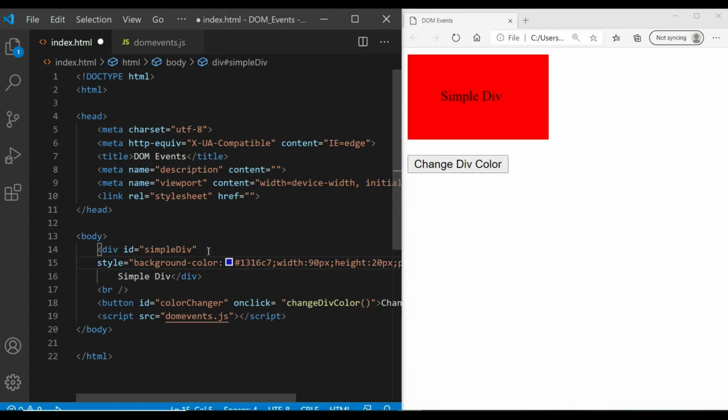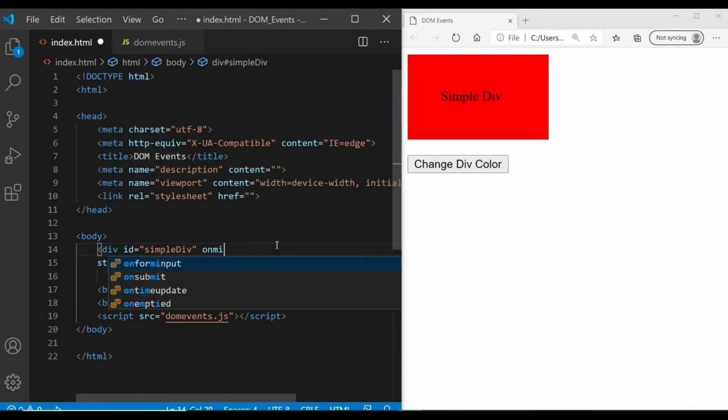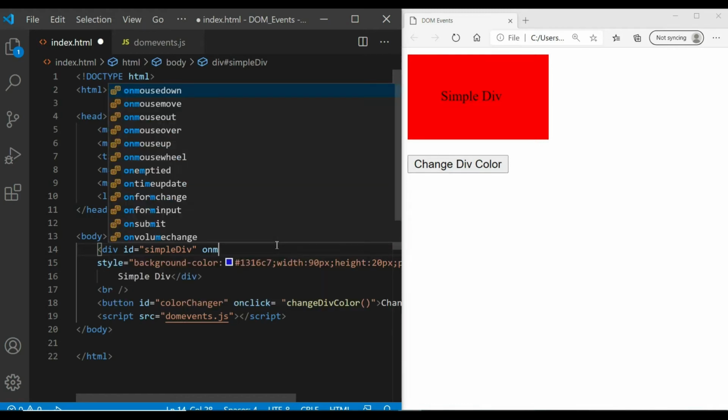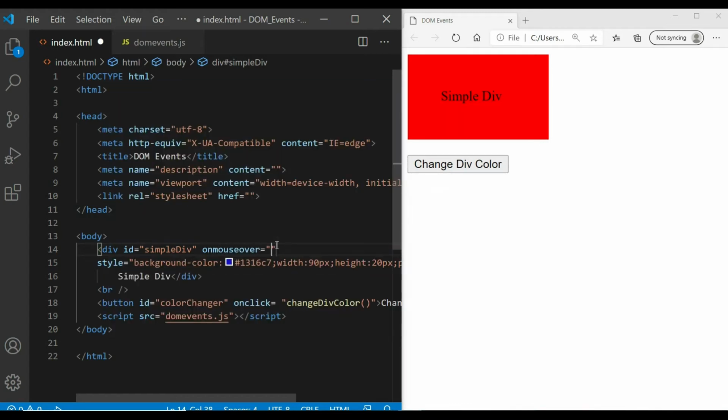In the same way there are multiple events which you can assign to any element. Like this click event we have mouseover, right? Mouseover we can write like this, onmouseover, and for now let's say we call the same function.